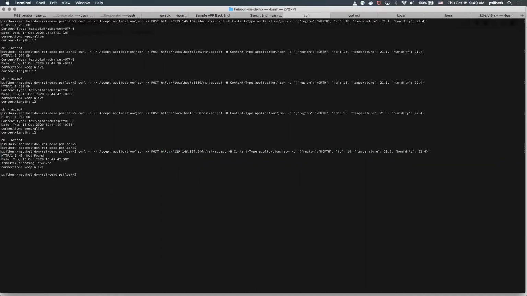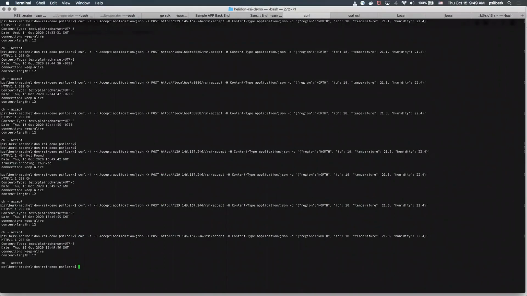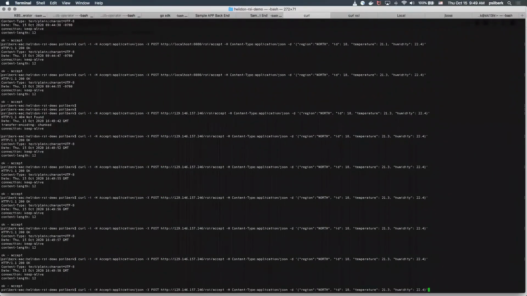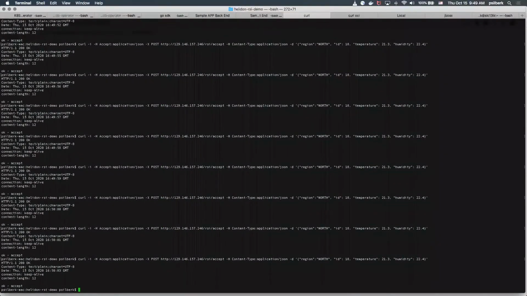And again, it's not found because I put a double. There you go. So again, the same thing, but now it's sending to my deployment in the cloud, right?